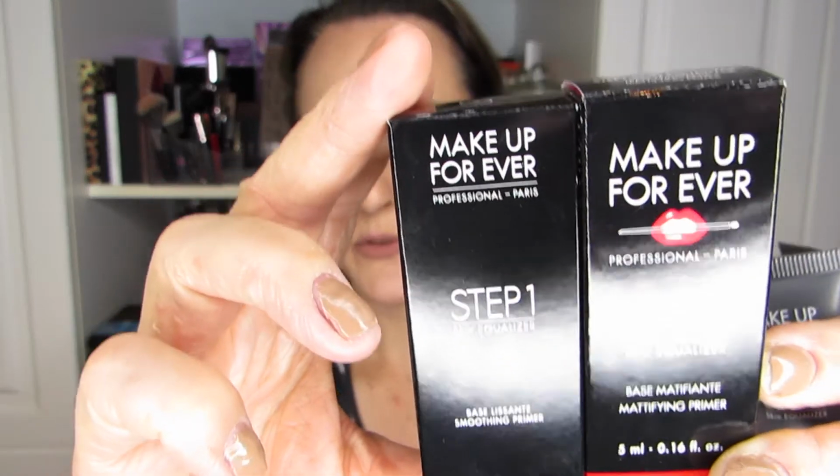So the first thing I have is a foundation. No, actually, going out of order already. First products I have, they came in deluxe samples to try from Sephora, and they are,